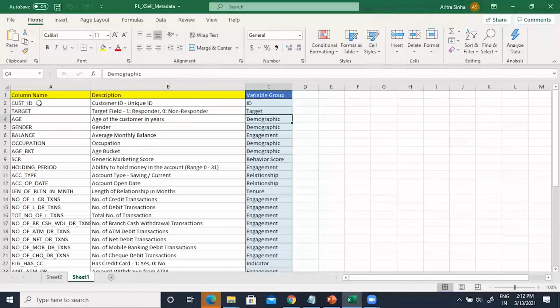Then we've got demographic variables, engagement variables, behavior score, marketing score, any kind of behavior score. Demographics are mostly related to age, gender, income. Engagement is about your activity with the bank, like average monthly balance is a sign of engagement, whether it's low or high. Then comes relationship. As a customer, what is the kind of account that you have? What's the account opening date? If you look at the account opening date, you can calculate customer